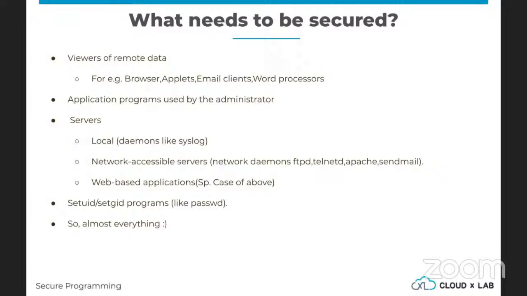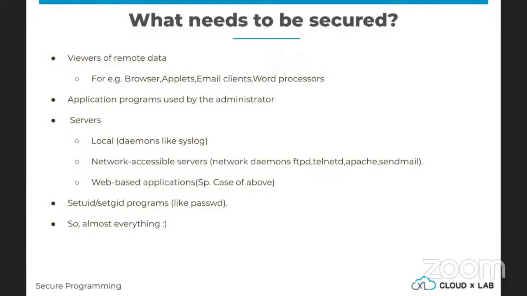So unlike the usual programming, when you think about secure programming, you look at the code with complete suspicion that anything could break down. All right. Similarly, whether you are building viewers of remote data, such as a browser, applets, email client, word processor, and for that matter, notepad.